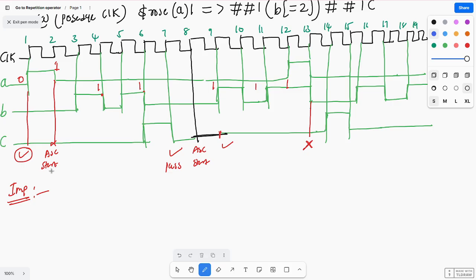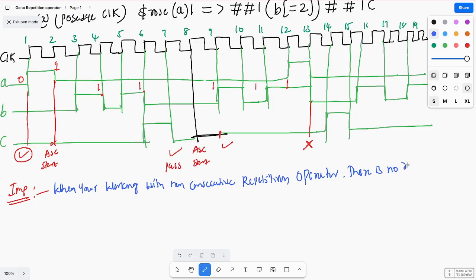Any doubts or queries? That means when working with the non-consecutive repetition operator, there is no restriction on the last occurrence of B and C. Here I will write: when you are working with the non-consecutive repetition operator, there is no restriction on the last occurrence